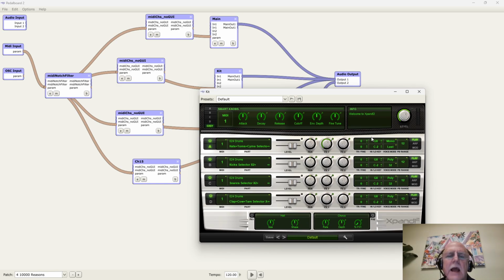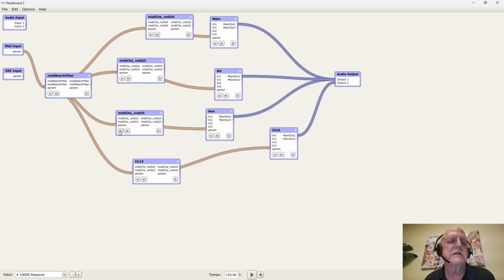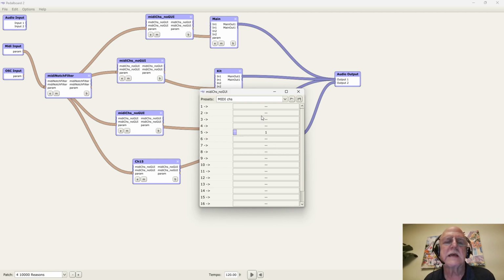So this will be like a selector, meaning it's selecting all of the sounds that are programmed into MIDI for a standard drum kit, except it's got pretty nice sound. So I've got hats, toms, kick, snares, and then cowbell and whatever else you might have. So all those are coming off of MIDI channel 10,